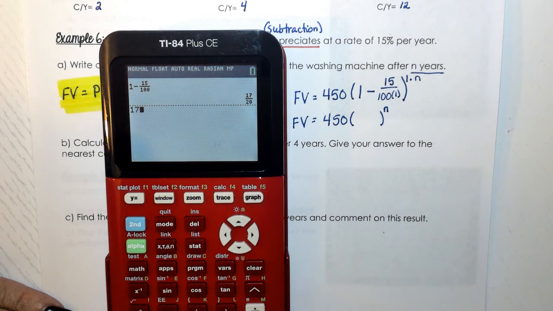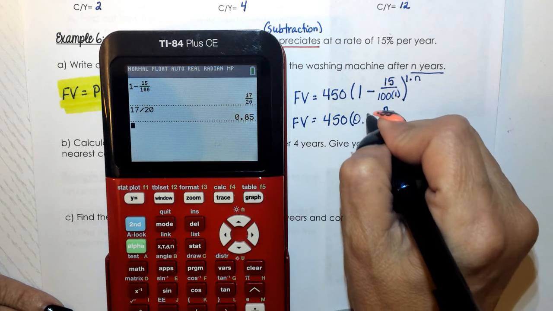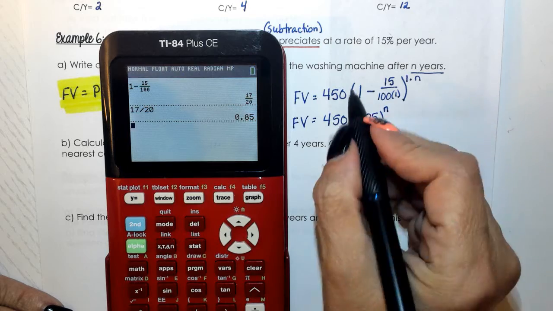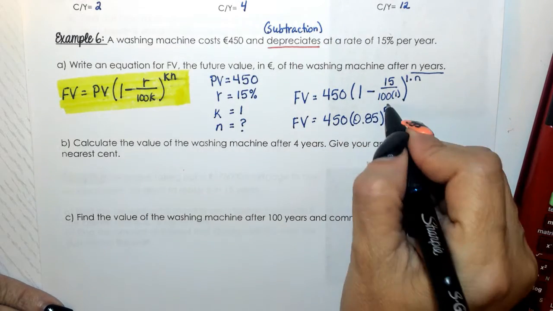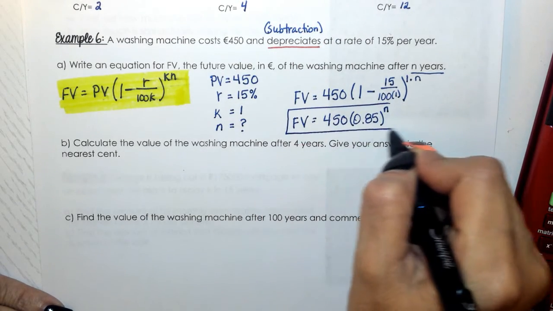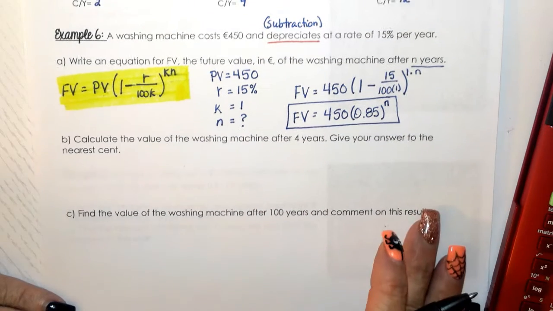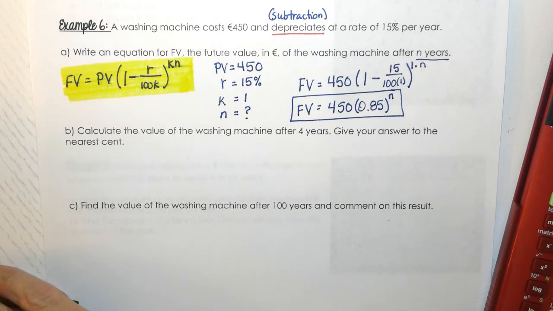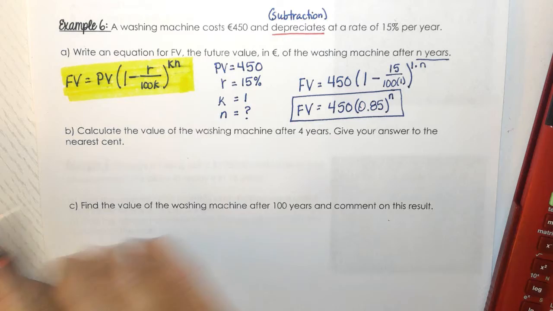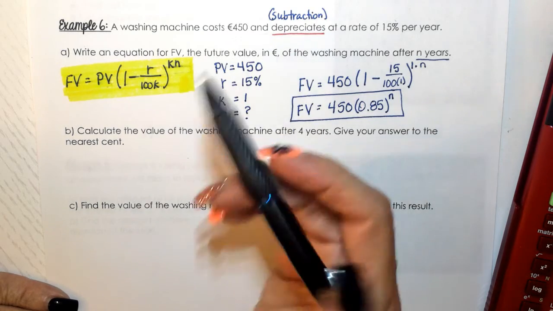You know what? I don't want to do that. I want to put it as a decimal. 17 divided by 20 is 0.85. Now, I want you to think about that. If you remember your laws of exponents and your exponential functions, your growth and decay,